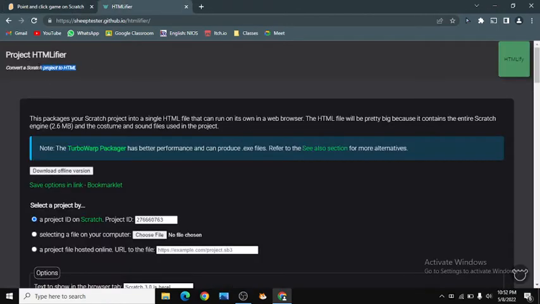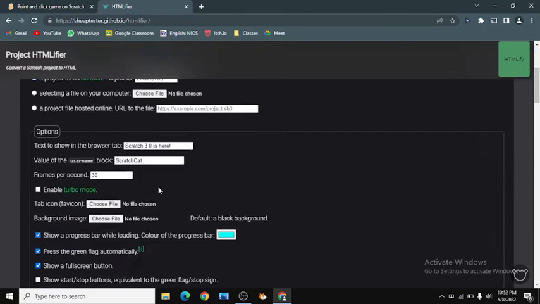HTML file: convert a Scratch project to HTML. This packages a Scratch project into a single HTML file that can run in its own web browser. The HTML file can be pretty big because it contains the entire Scratch, 22.6 MB, and the costumes and other files used in the project. It's pretty good.